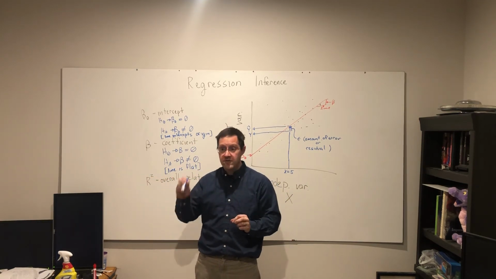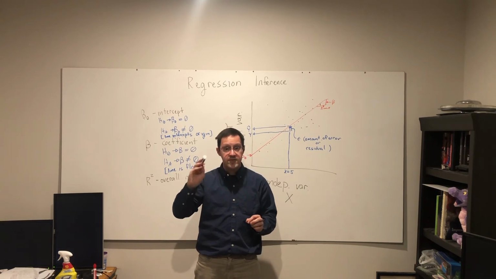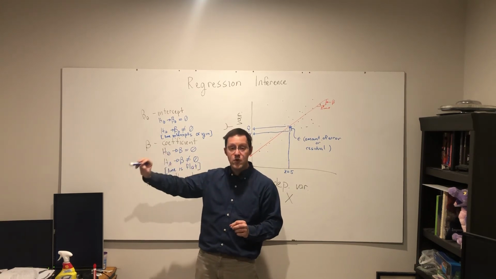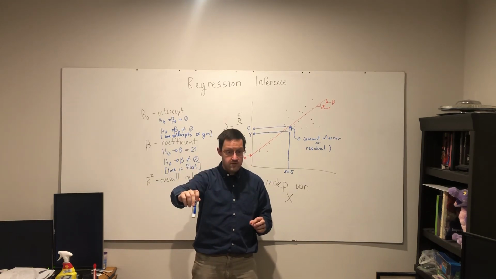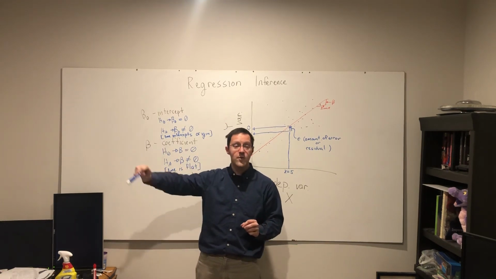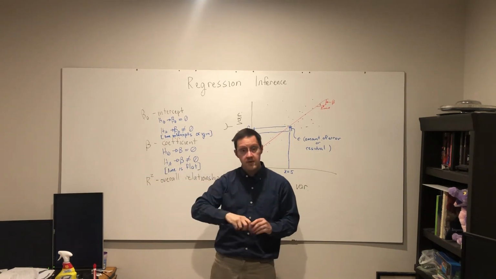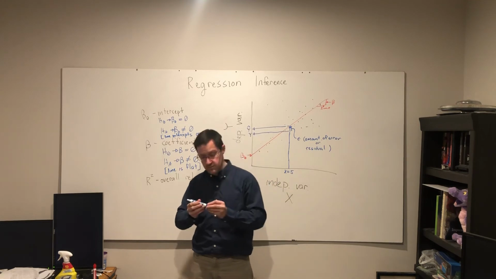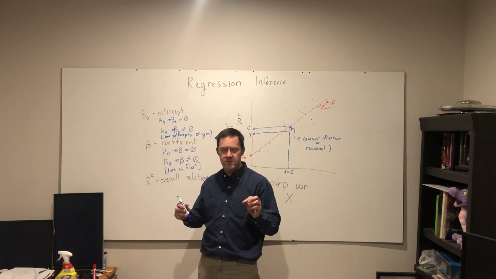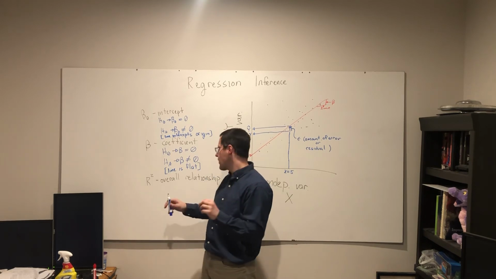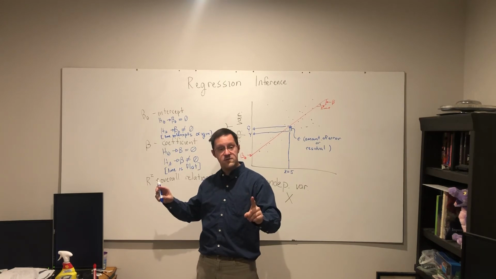That p-value is telling me how likely is it that the data says there's no relationship. I want this to be low, the p-value to be low, to tell me there is a relationship. Now let's move on to r squared. In this context, r squared is going to be really, really similar in a way to the coefficient, except